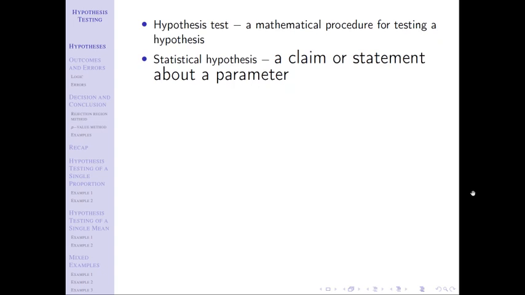Why is that? A statistic comes from a sample. I don't have to hypothesize, I know. Does that make sense? A hypothesis is a guess. It's an educated guess, right? I don't have to guess on something that I know. A statistic literally is what it is. When I go take a sample of 200 people and I get data from that, I have the actual data. There is no guesswork involved. So I would never hypothesize about X bar or S or P hat or any other statistic, because I know what my statistics are.